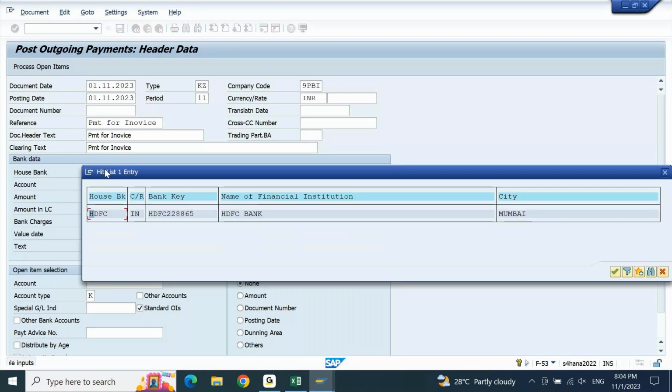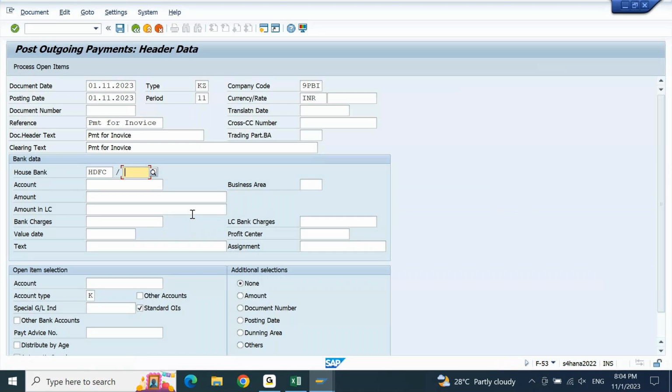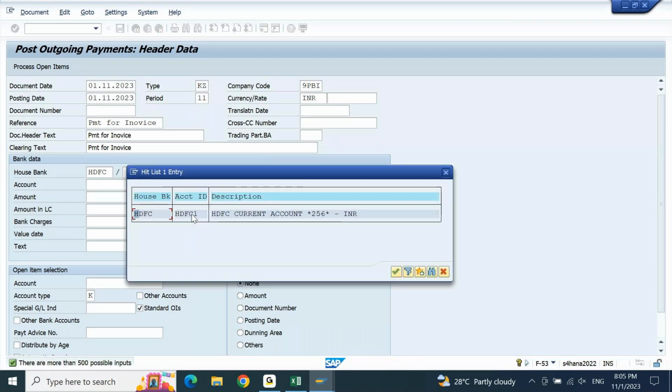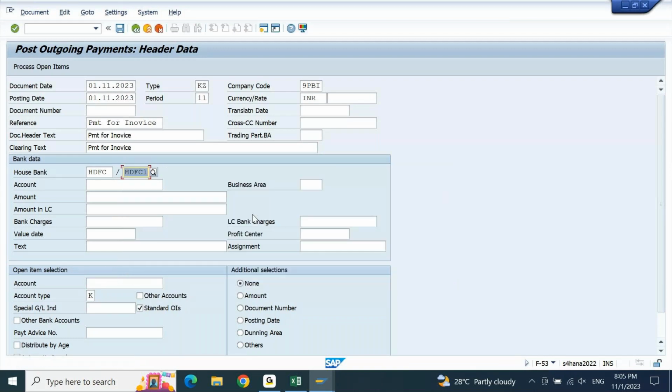When you open the drop down for the house bank, you will get the house bank. Double click on house bank and then open the drop down at your account ID. When you open the drop down for the account ID, you will get the house bank account ID. Select the appropriate house bank account ID. When you press enter after this,